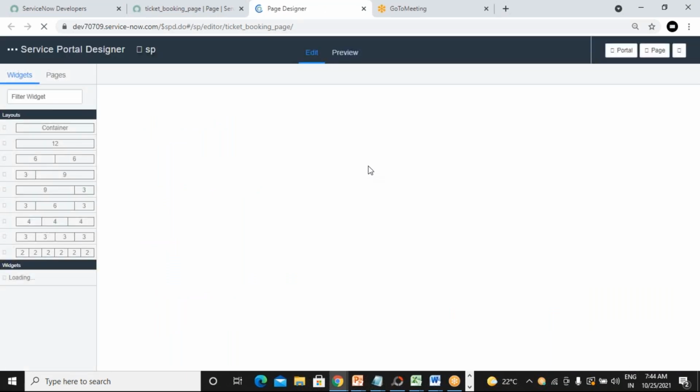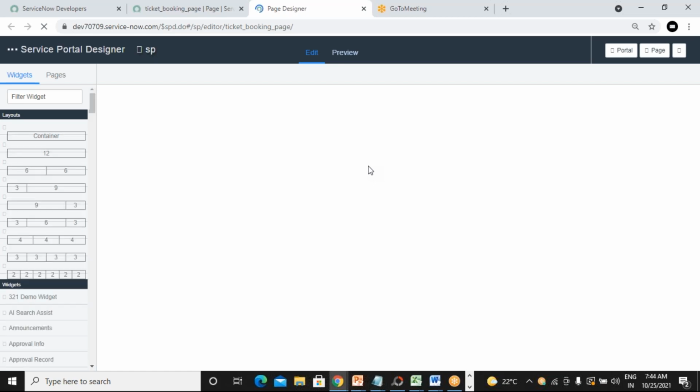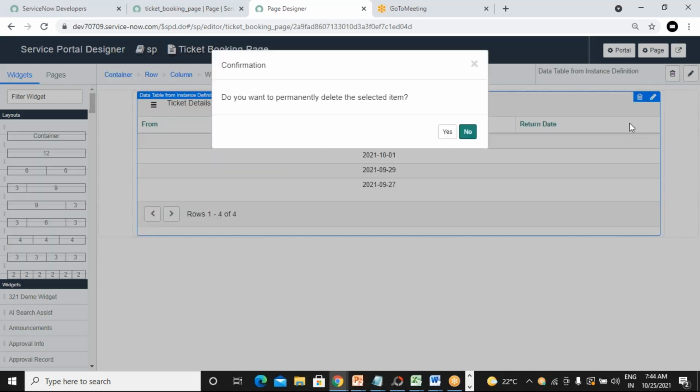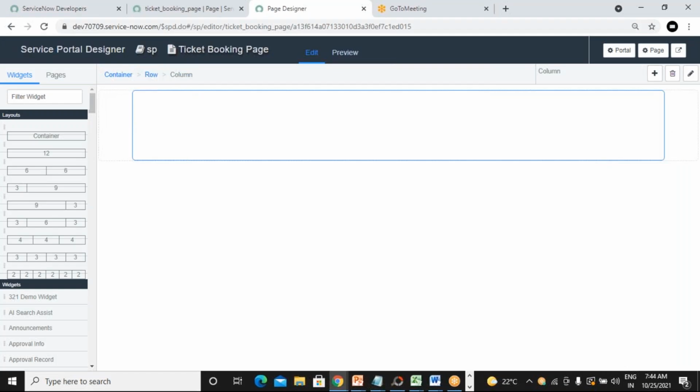When you click on open in designer, it takes you to the design mode of the form, and here you can click on the delete button. So delete this existing catalog. We don't want to use that. We want to change it, or we want to call the record producer here. The container is there, and inside the container we have added the layout, that is one row, one column.